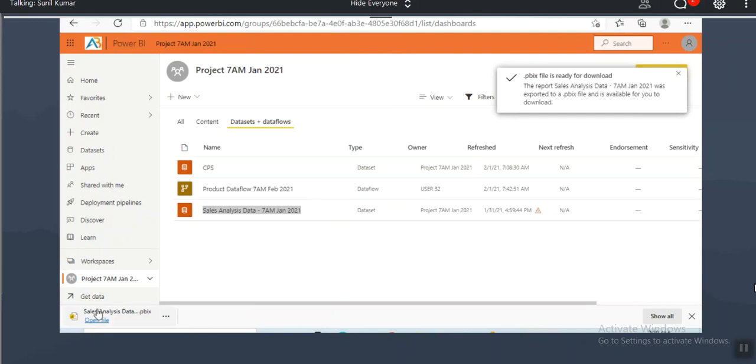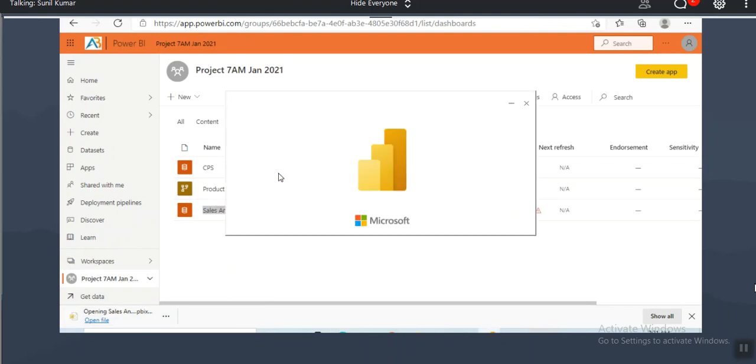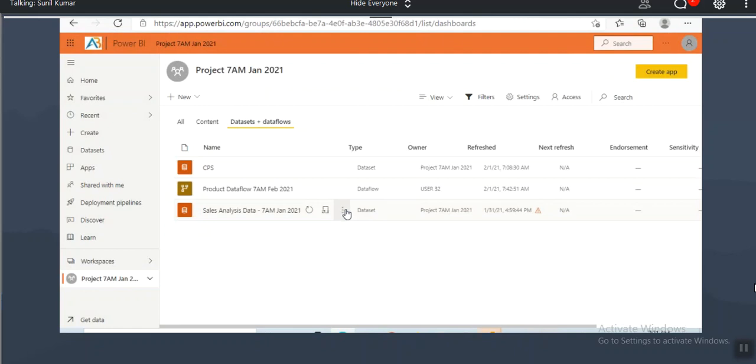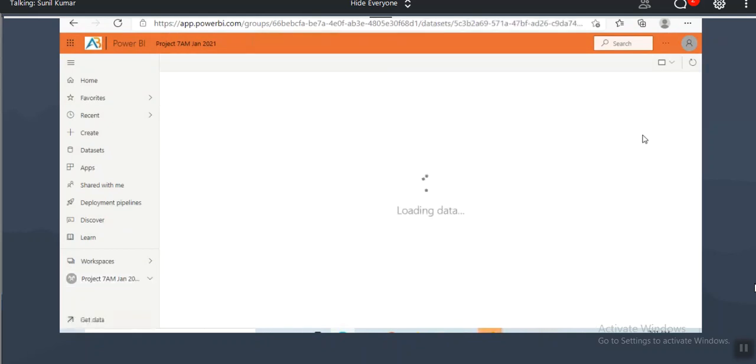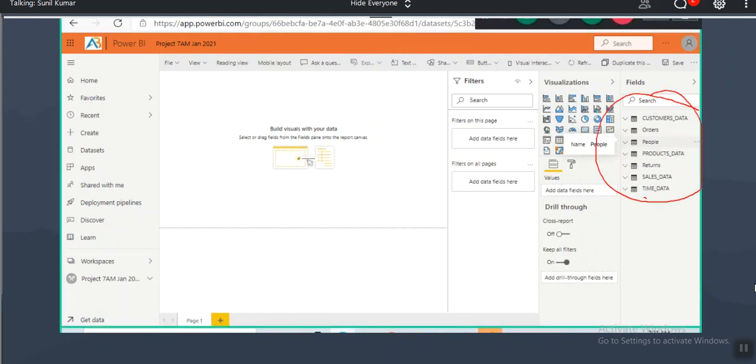When I click on it, the data set gets downloaded. Once it is downloaded, you can open the data set and add some more tables to it. How many tables does this data set contain? Not this, the data set itself. It contains only 7 tables. Along with the 7 tables, I want the EMP DEPT table also, to create 2 more reports.